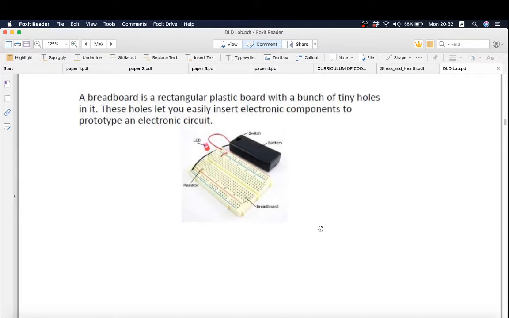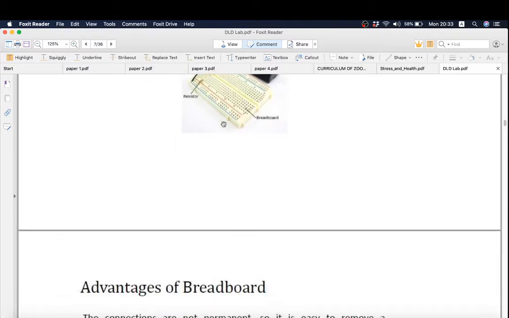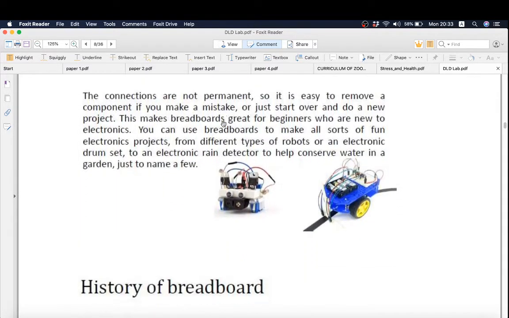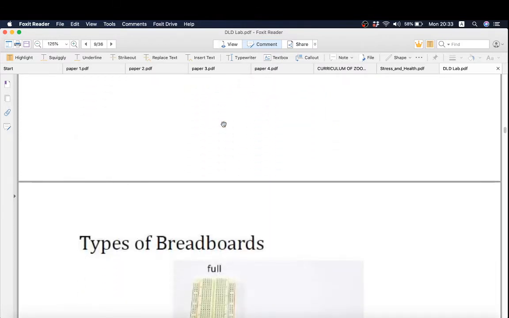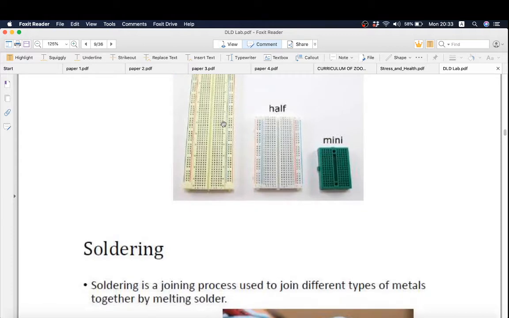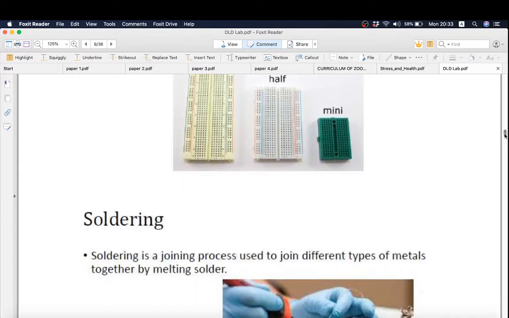and watch carefully, because it does not matter only what is written here. What is written here in the theory, you have to read, but you also have to watch the video lectures and listen to what I am saying, because sometimes the short questions or the MCQs will be from the things which I told you in the video lectures. So lab 2 is also theoretical work. You have to listen to all these lectures and prepare for the short questions, MCQs, and all other things.